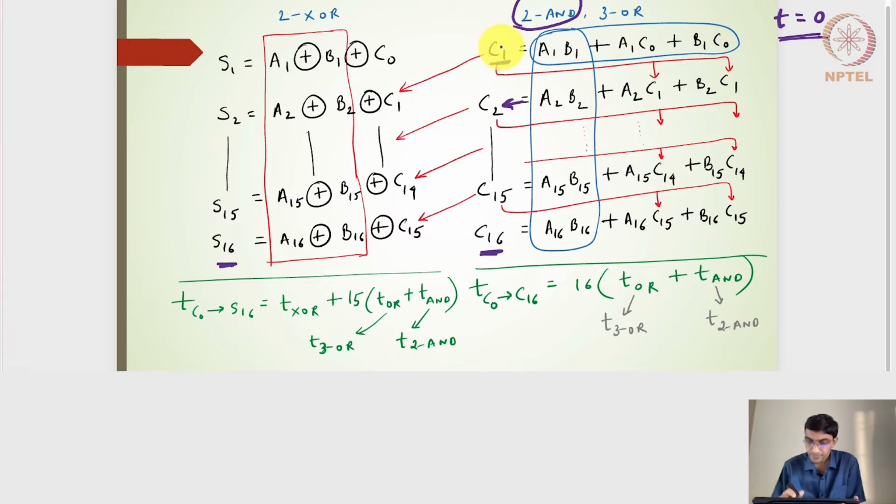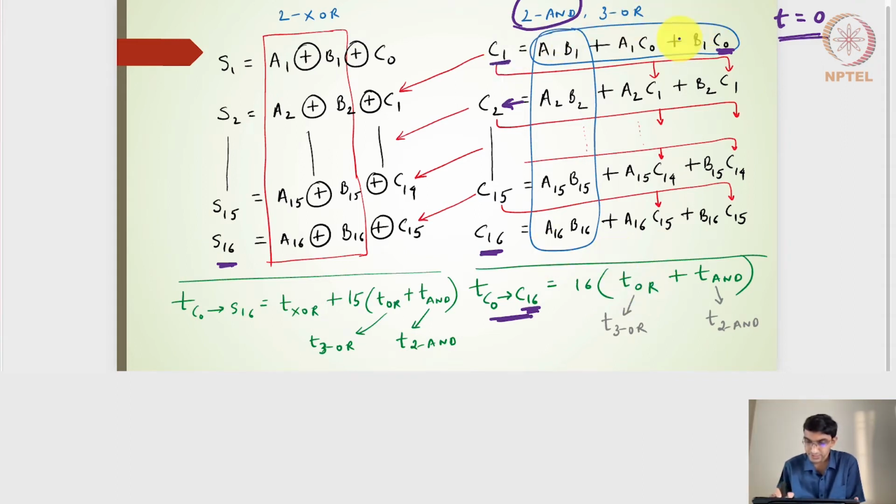So overall, the delay from C0 to C16 depends on the previous carry output bit, right? What it means is if I want to generate the C16, then it has to depend on the propagation delay for the C15 bit. Before that, C15 has to depend on C14, C14 has to depend on C13, and so on, right? C2 has to depend on C1. So overall, if I look into this particular carry ripple adder, which is generating the carry output, for generating the C16 output, it will take